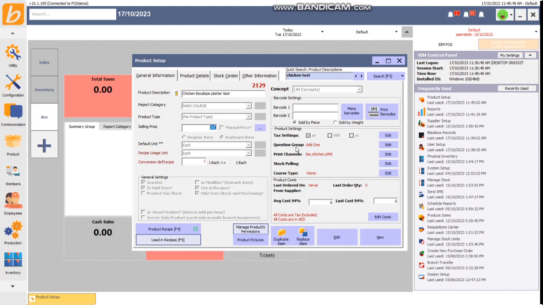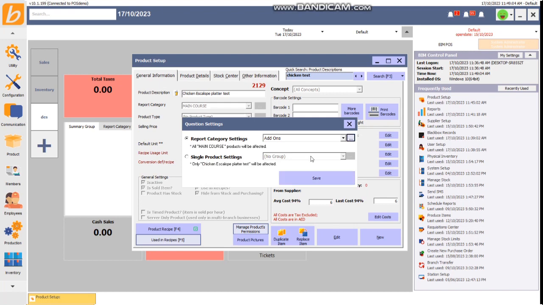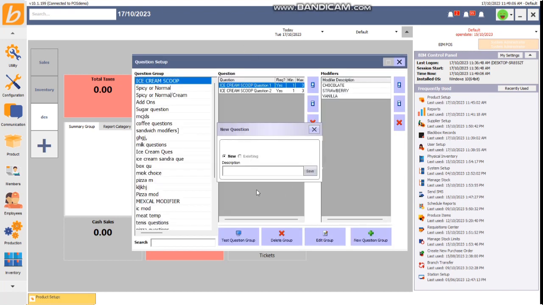This item can be linked to a question group, example modifier. So when I click this item, I want the system to ask me about the temperature. How do you want it to be? Well done, rare. So it will ask you, so you can link here, new modifier,